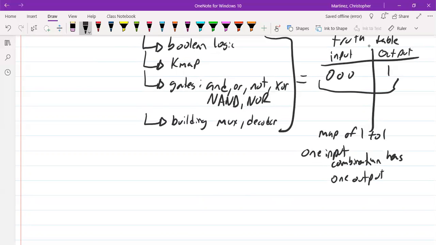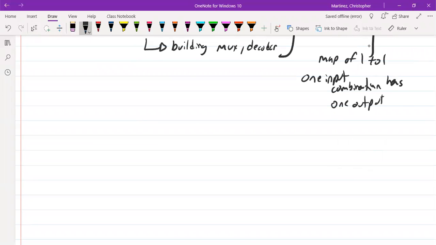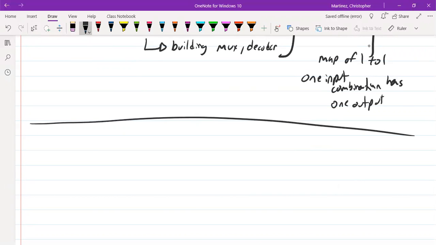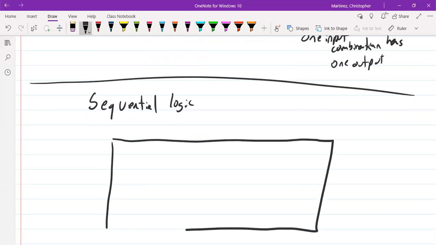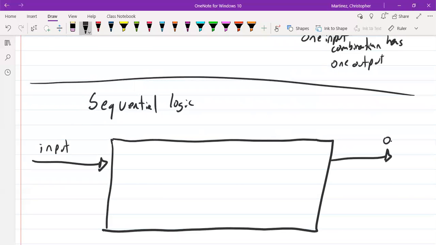And when it comes to lacking information, that's what's going to lead us into the next type of circuit we're going to discuss, which is called sequential logic. And now this sequential logic, what it's going to do is it's going to start to manipulate our setup, where I'm going to draw out sequential logic in a little diagram. And in this diagram, it's really going to show what the difference is. Okay, so the difference is going to be, we have some familiar pieces. The common pieces are, I have some input coming into the system,